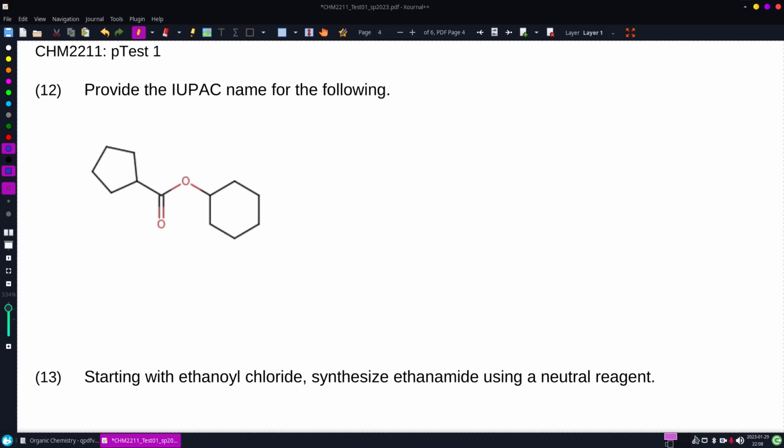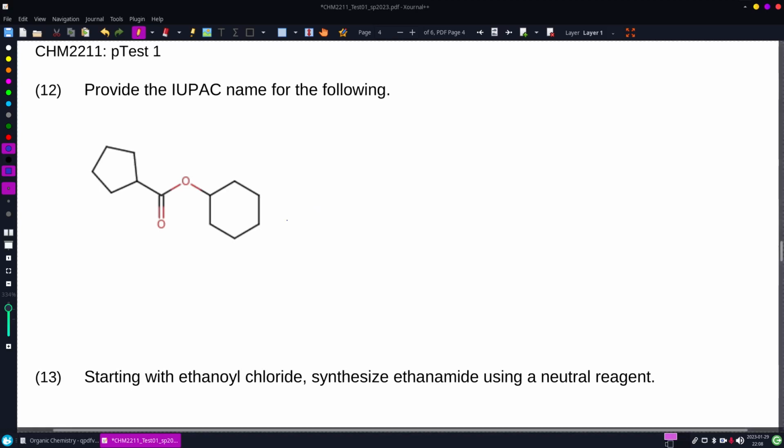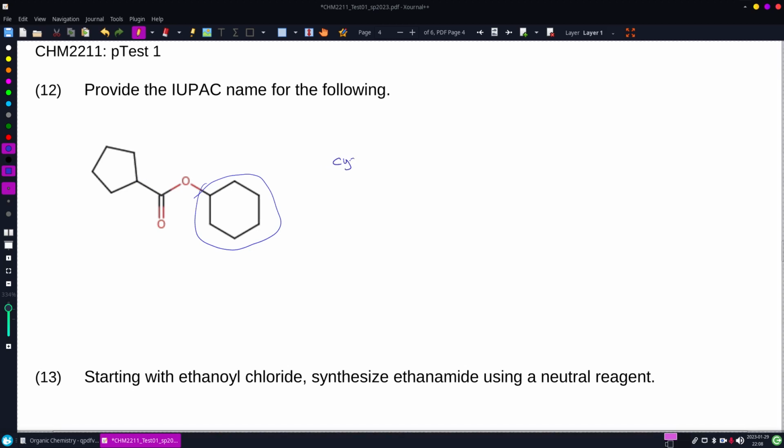Alright, provide the IUPAC name for the following. I have a substituent off of my ester, but this is one of these trickier esters where the carbonyl is directly connected to a ring. So we're going to have the substituent